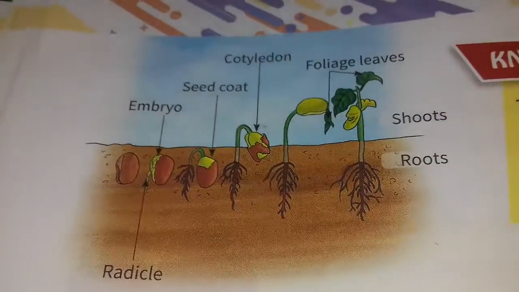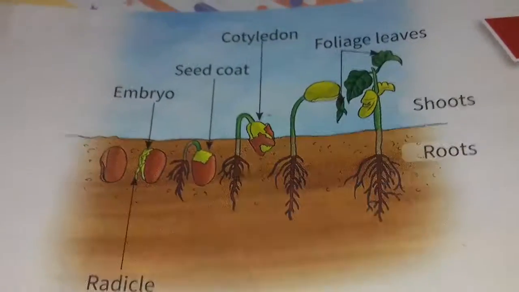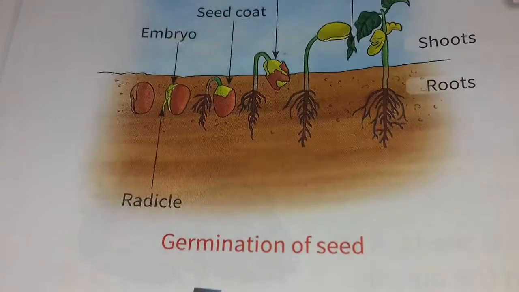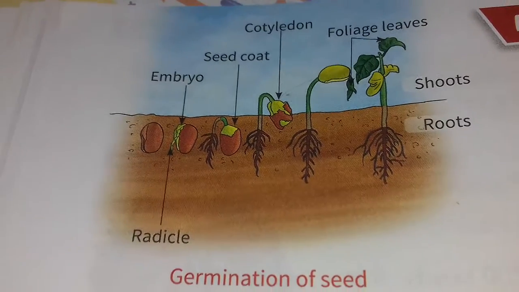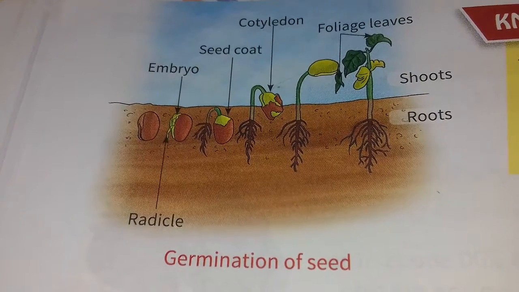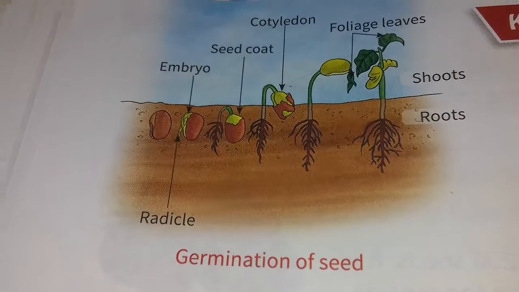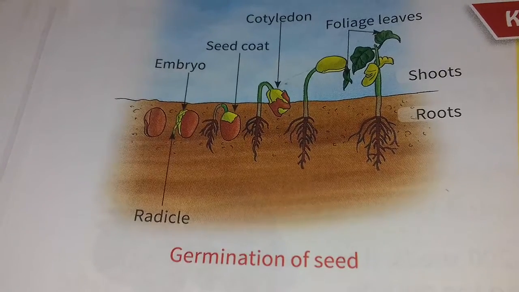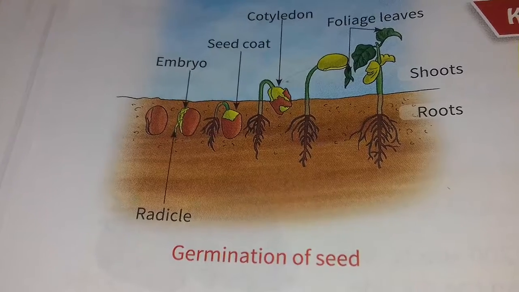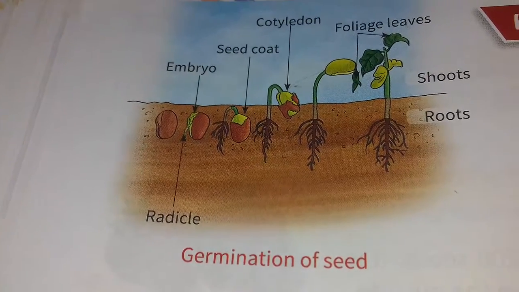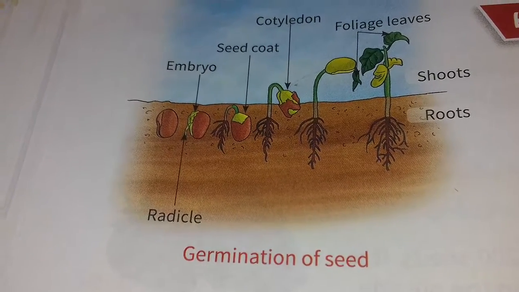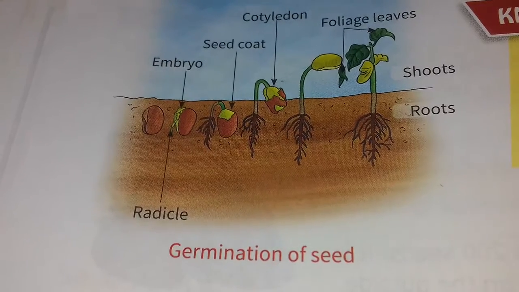Actually, all living things reproduce, and plants depend on wind, insects and birds for pollination to produce seeds. Seeds have a seed coat, seed leaves or cotyledons, and an embryo. Plants depend on wind, water, animals or explosion for seed dispersal. A seed needs water, warmth and air to germinate. Plants can also reproduce through their body parts like stem, roots and leaves. This kind of reproduction is called vegetative reproduction.